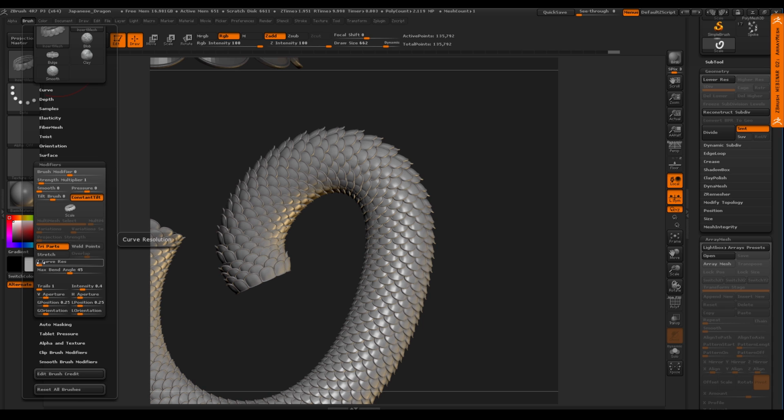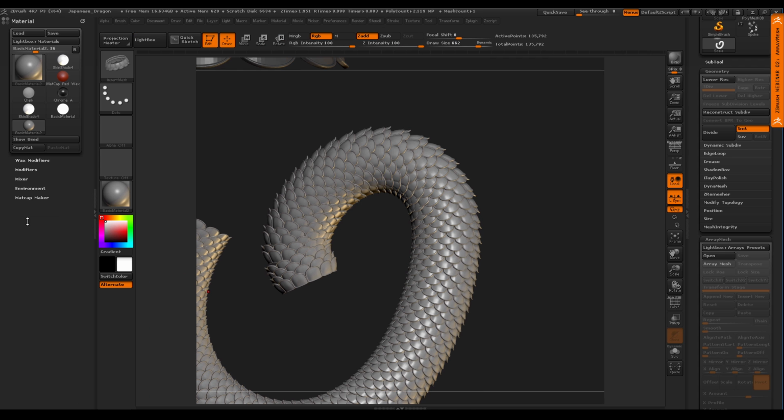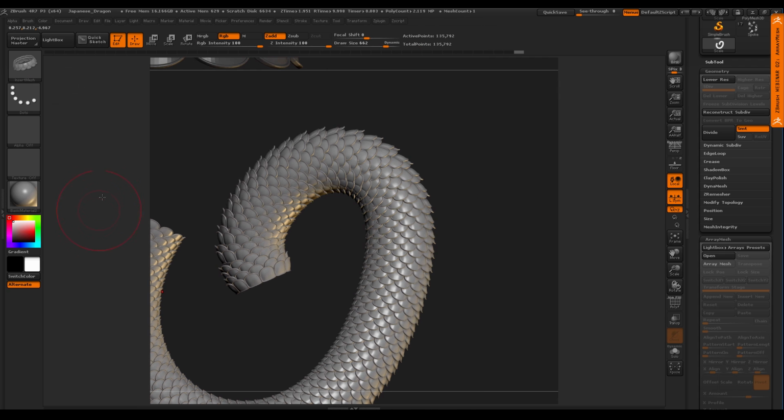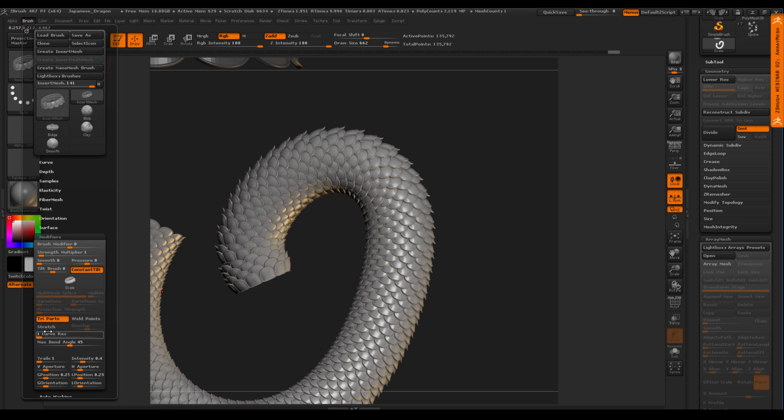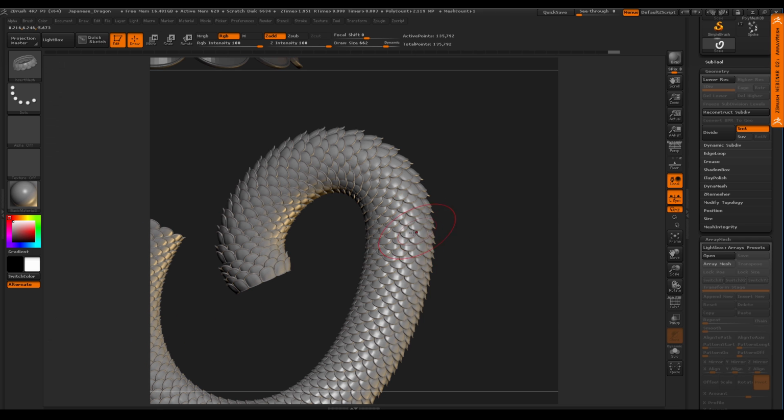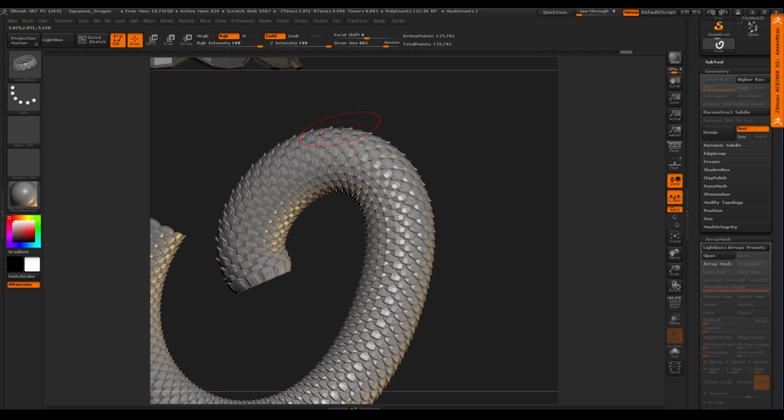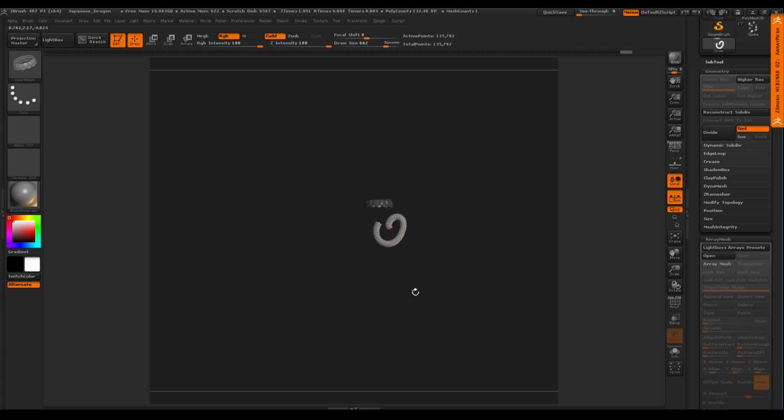So let's up this curve res. Oops, I was hitting the wrong button. I'm going to say maybe 3. Then when I turn off dynamic and touch it, you can see now the scales are starting to lay more flat there. So then I'm like, perfect. I've got my brush for the base of my dragon's body and the arms. So there you go.